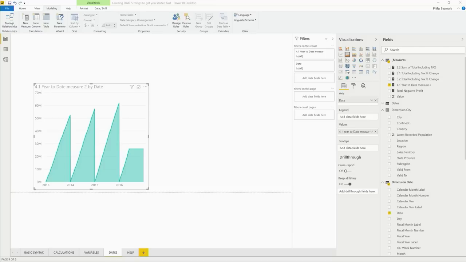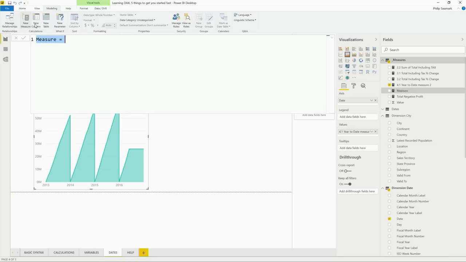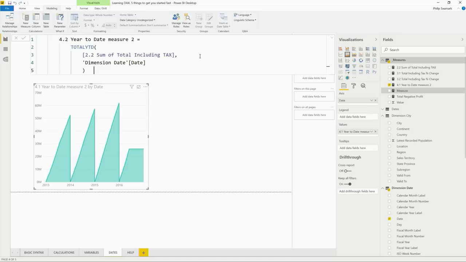But now what I'm going to show you is exactly the same function, side by side, written using one of the time intelligence functions. So we'll go new measure, paste this in, and OK. Now, immediately, far fewer lines. The function is called TOTALYTD, total year to date, and all I do is pass two parameters. I'm passing the DAX expression I want to evaluate, which is the sum of a column, and I'm just passing in the date. We'll go OK.